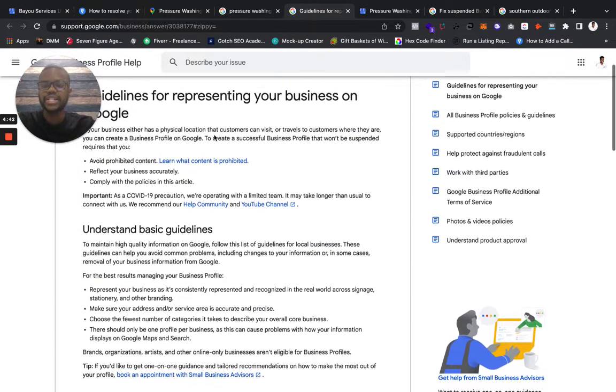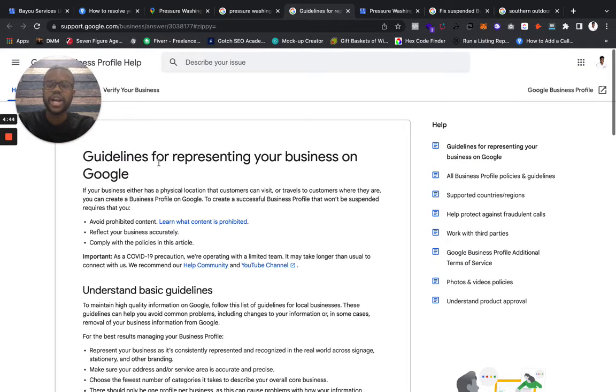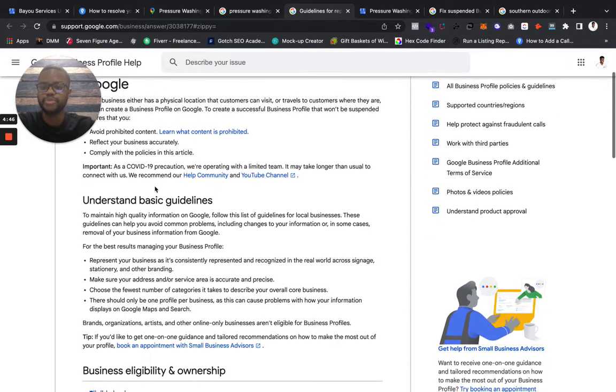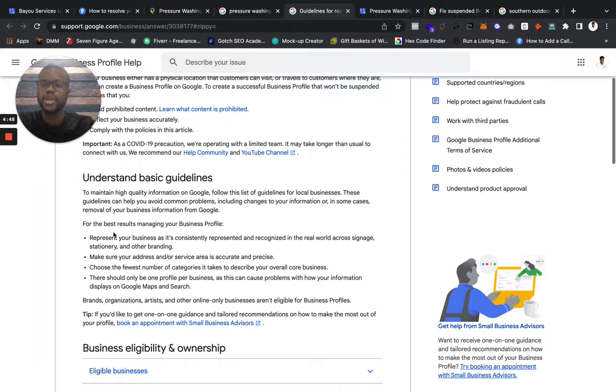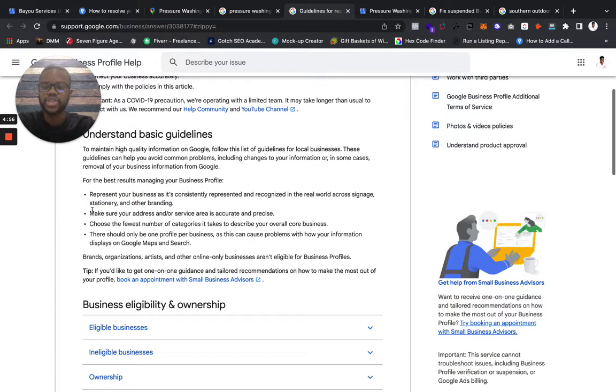So, understanding the guidelines for representing your business on Google. Understanding the basic guidelines, right? Represent your business as consistently represented and recognized in the real world, across signage, stationery, and other branding. Make sure your address and or service area is accurate and precise. Choose the fewest number of categories it takes to describe your overall core business, which I will be getting into